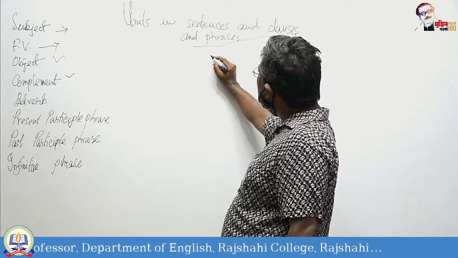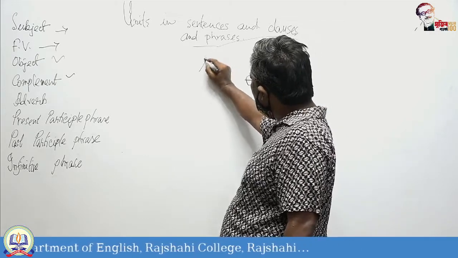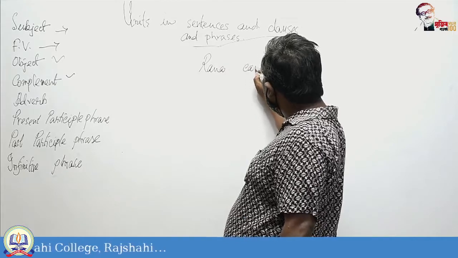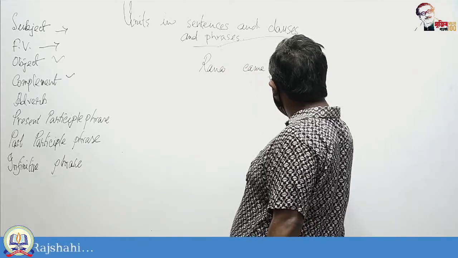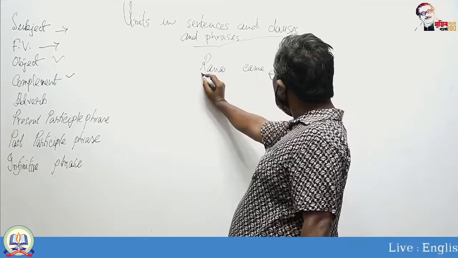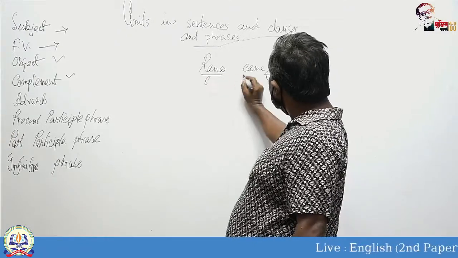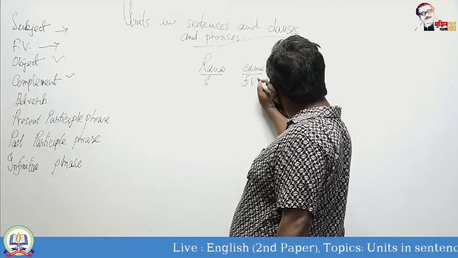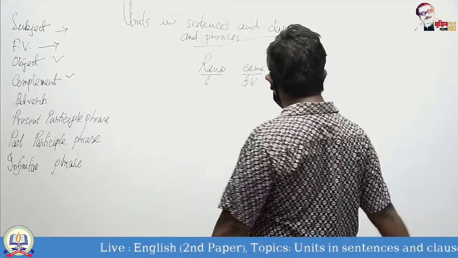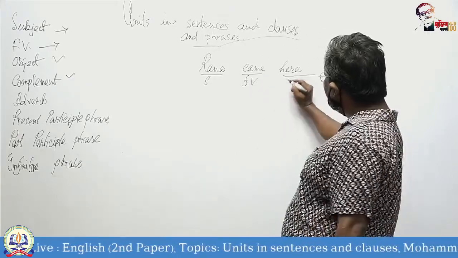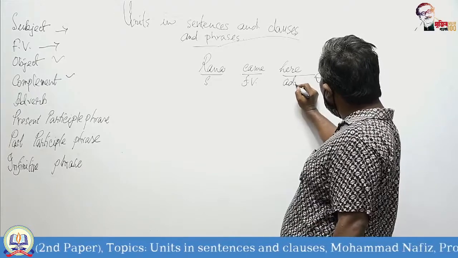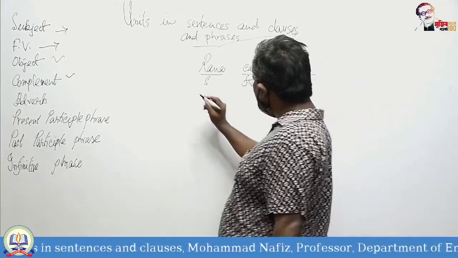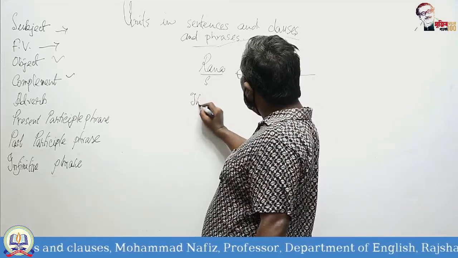For example, when we say Rana came here, you see Rana, subject, came, finite verb, and here is the adverb. With the same units, when I write a sentence like this one, the old man